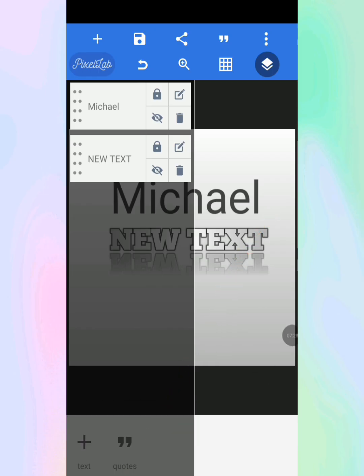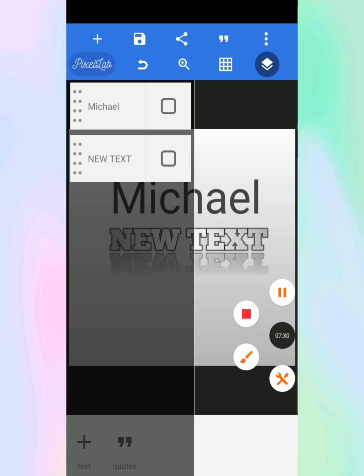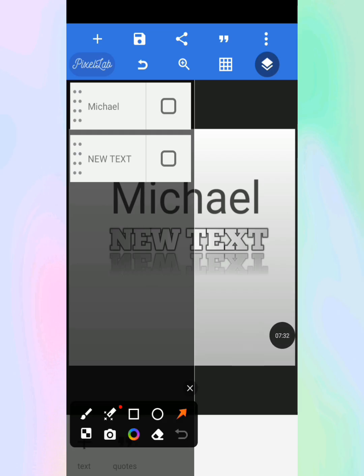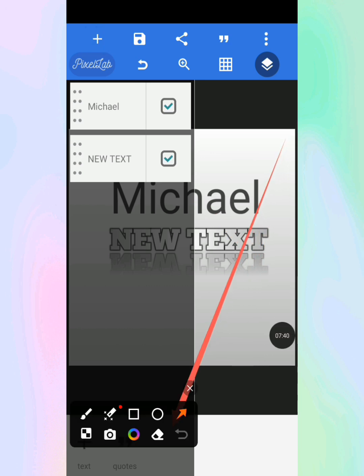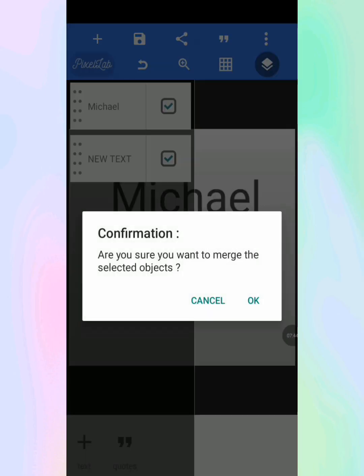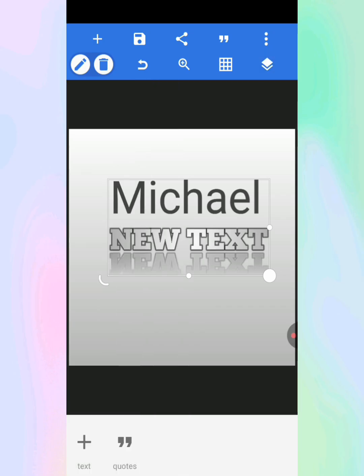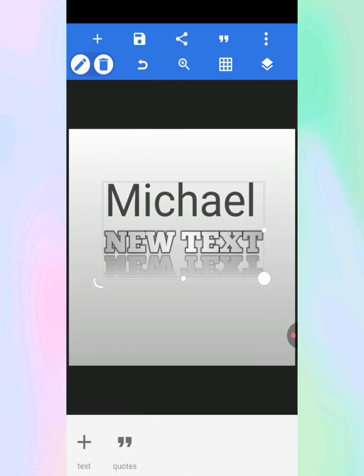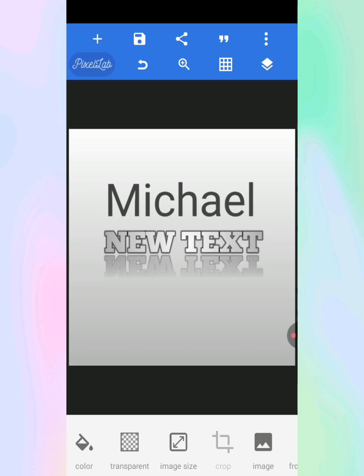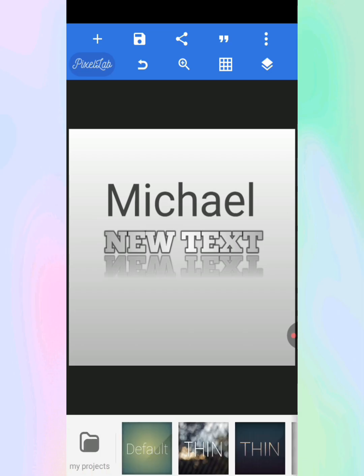When I come to that place, I will press this one. I will select the one that I want to merge. When I finish selecting, I will come here to that place, and when I get there, I press it and press OK. And when I press OK, boom, the two texts became one. So that is all about the features in